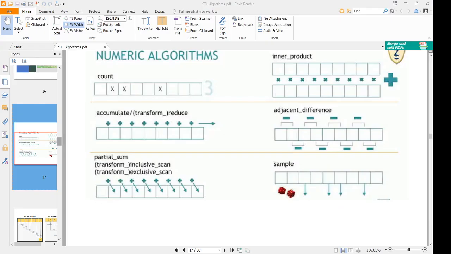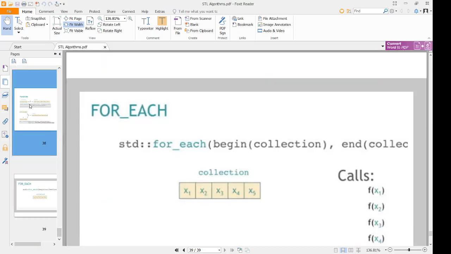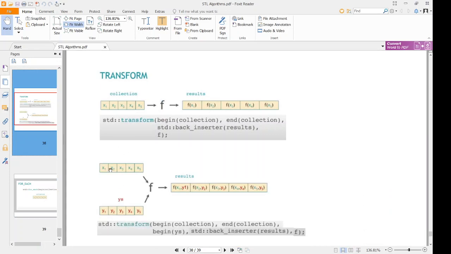algorithms presentation, I think in the end we were having a function called transform, and in this transform function we have an overload which takes two ranges, right? So two ranges, and it runs a function and produces the result. The function takes two parameters and outputs the result. So this function in our case, for example the ut case, is multiplication. So let's apply this transform algorithm to solve our problem.